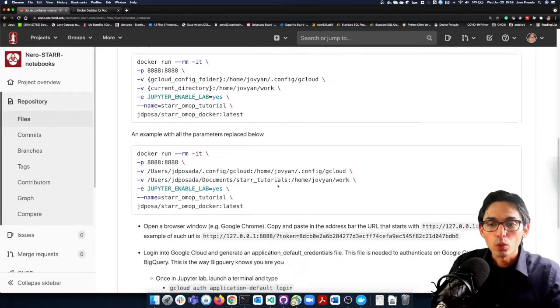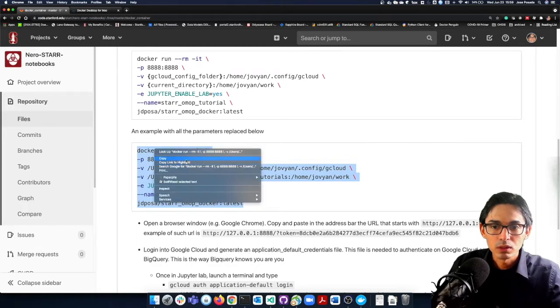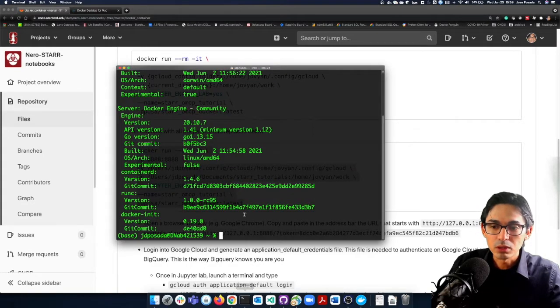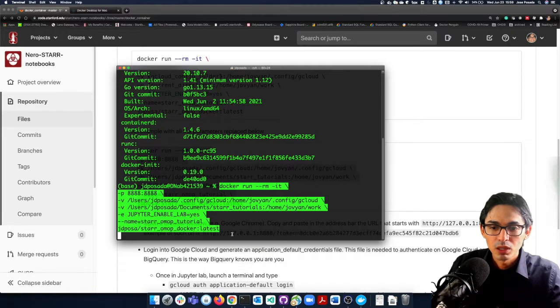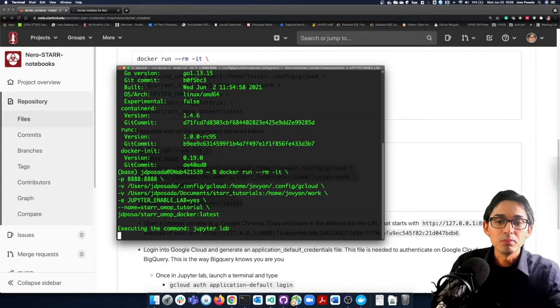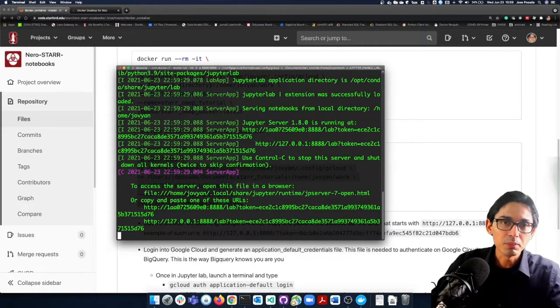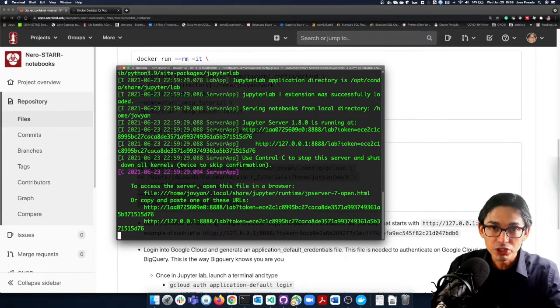Then after that, we're going to copy this command and paste it in the terminal window. Let's paste it, and let's click enter just to run it. The first time you run that command, it will download the actual image from the internet. The image is about 4 GB. After that is fully executed,